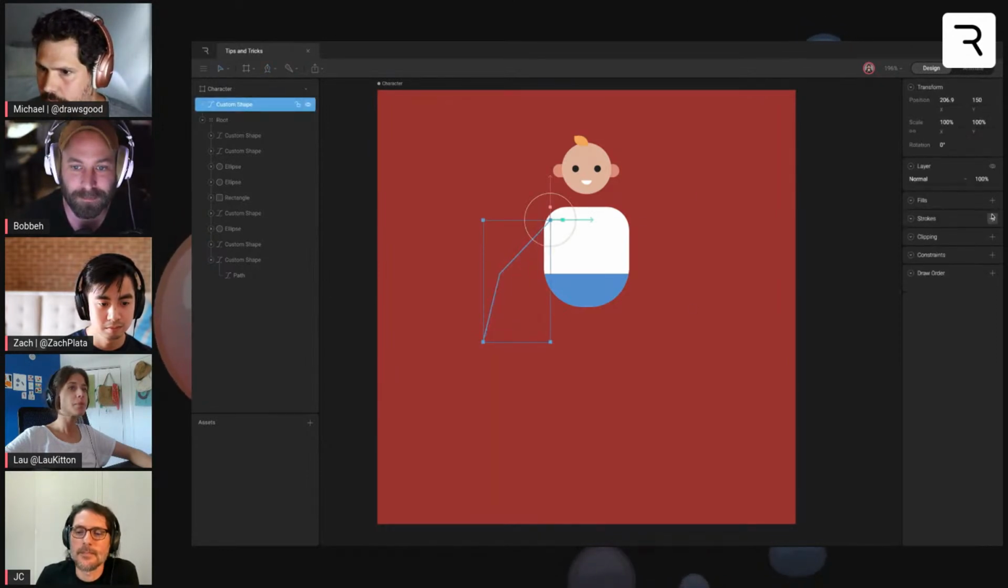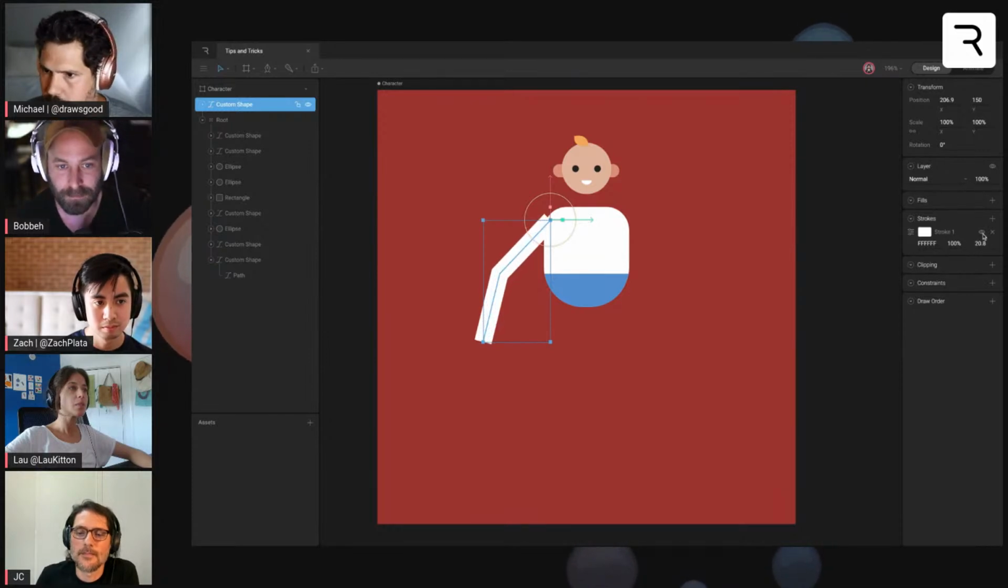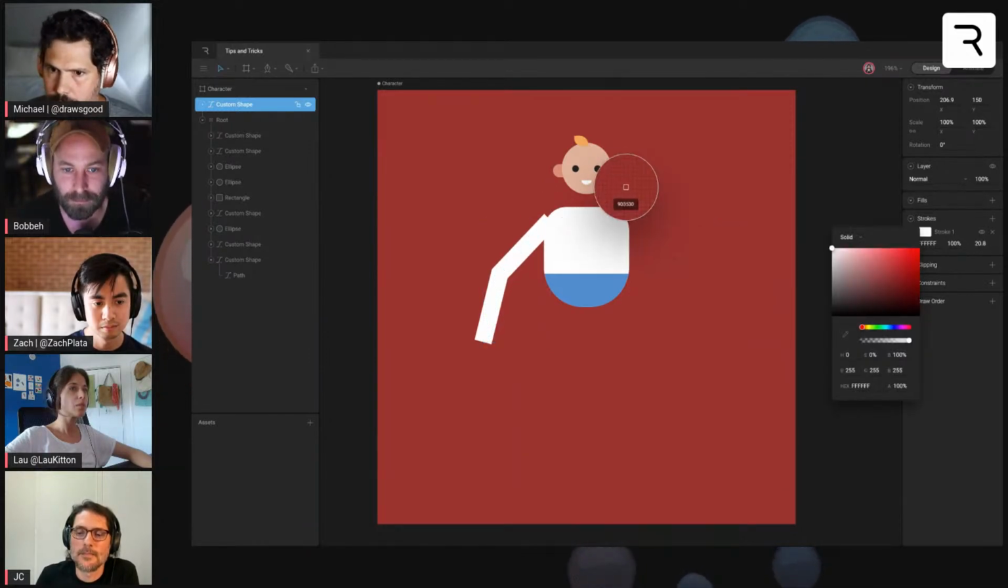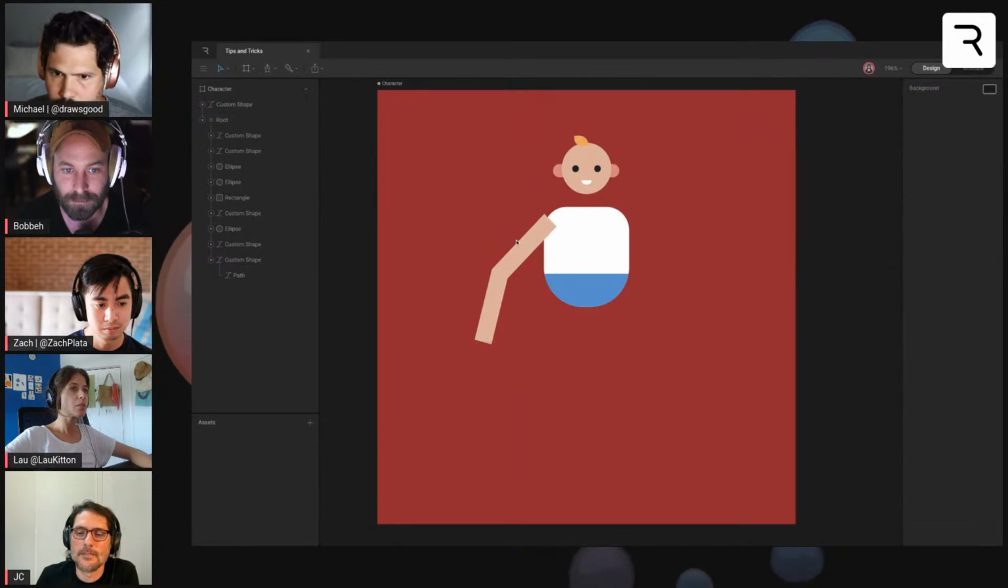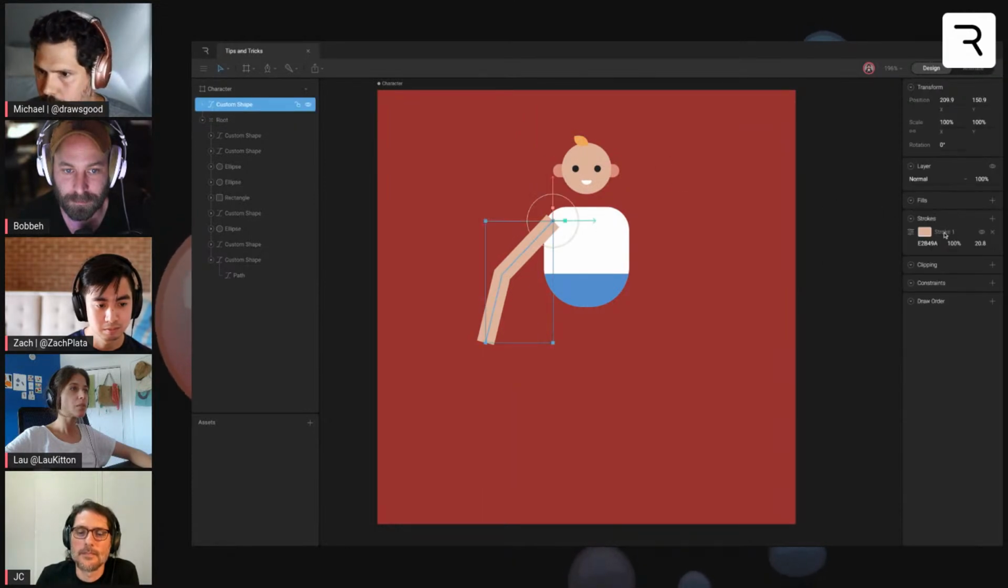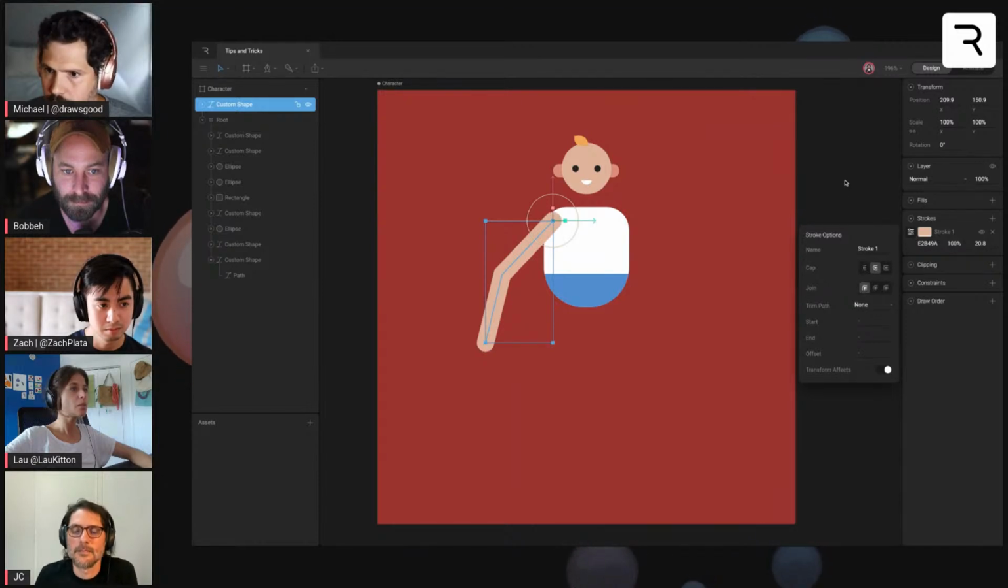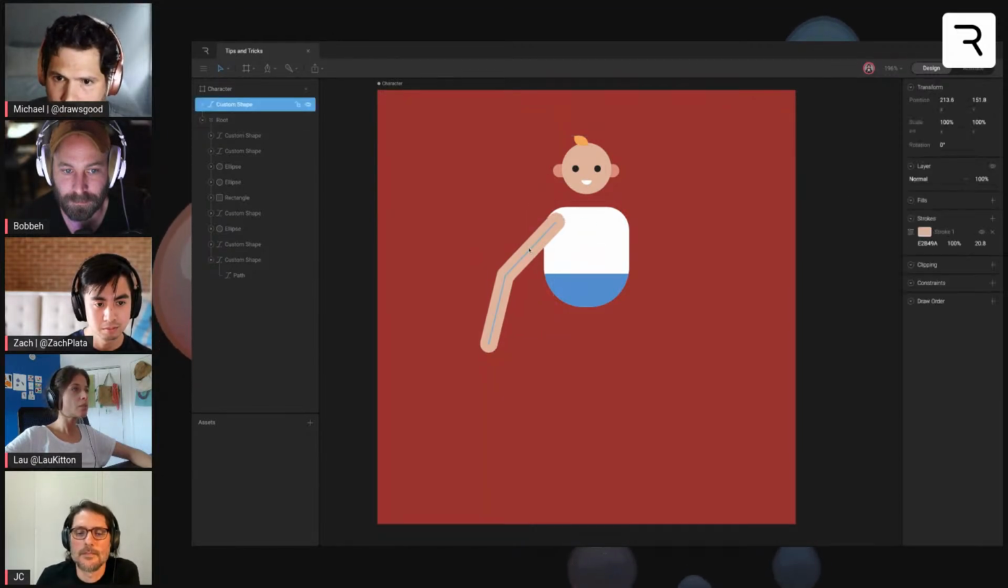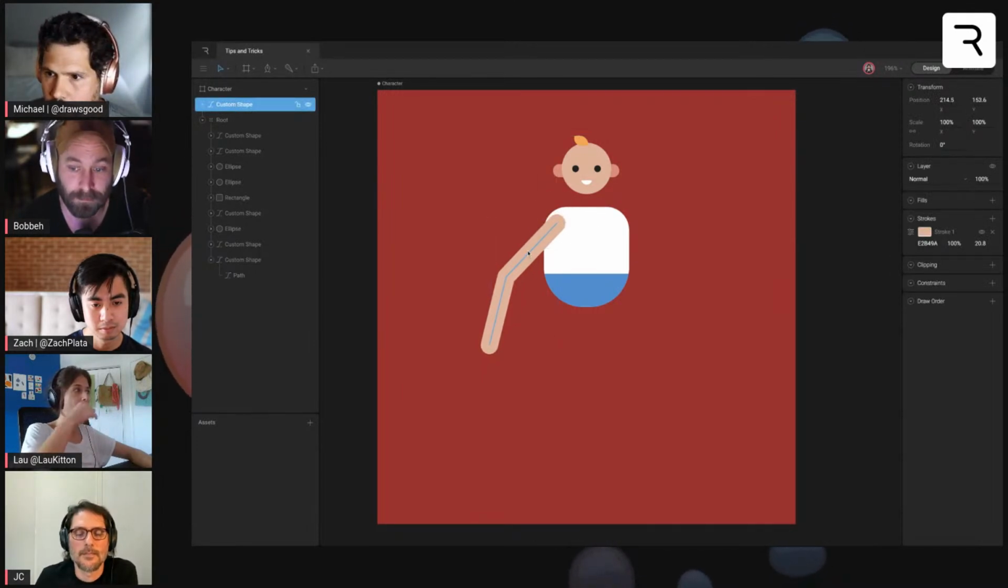We'll delete our fill and we'll add a stroke. We'll increase that size, and let's grab the skin color here. And we'll go ahead and add a cap and round joins. And so this is cool. The sleeveless look is cool. But the neat thing with